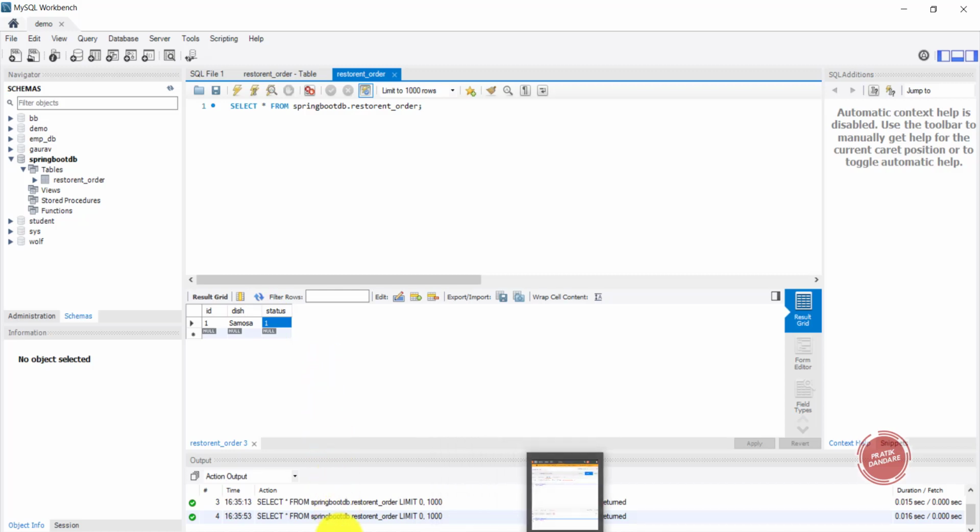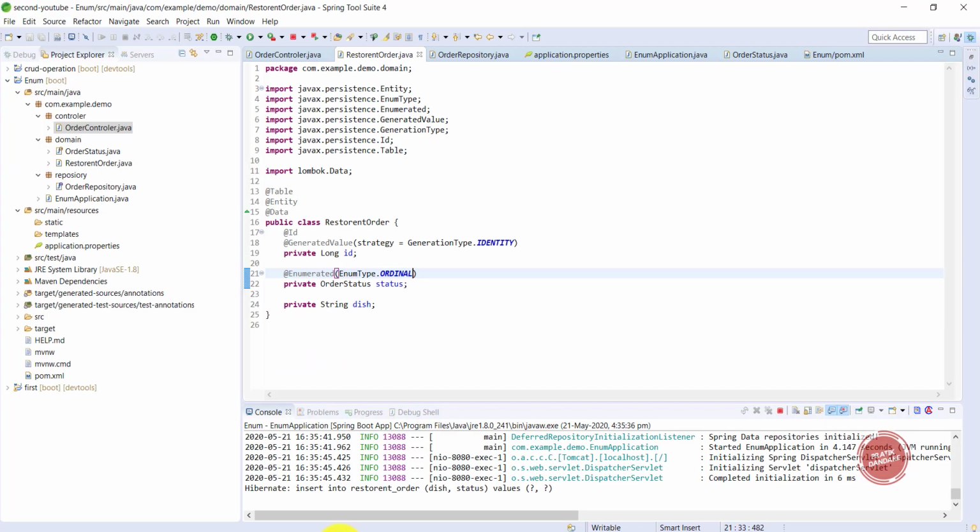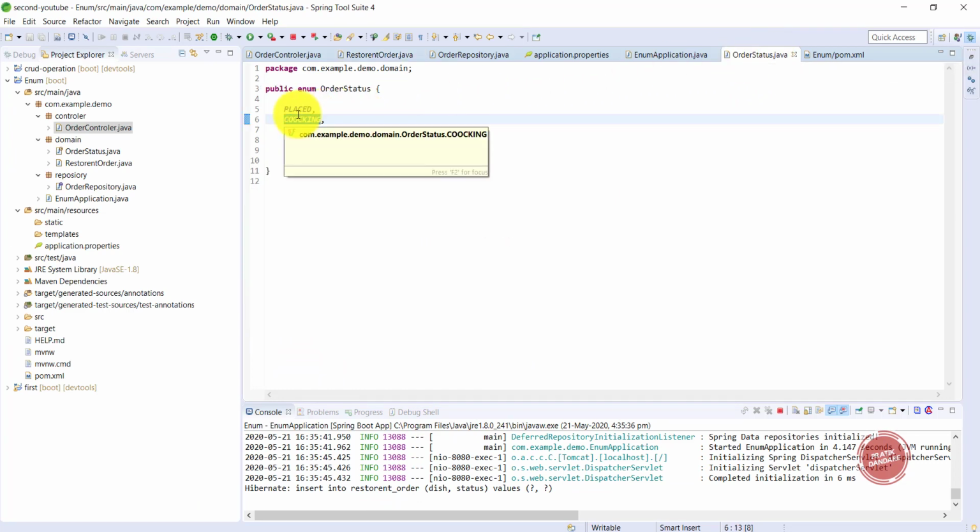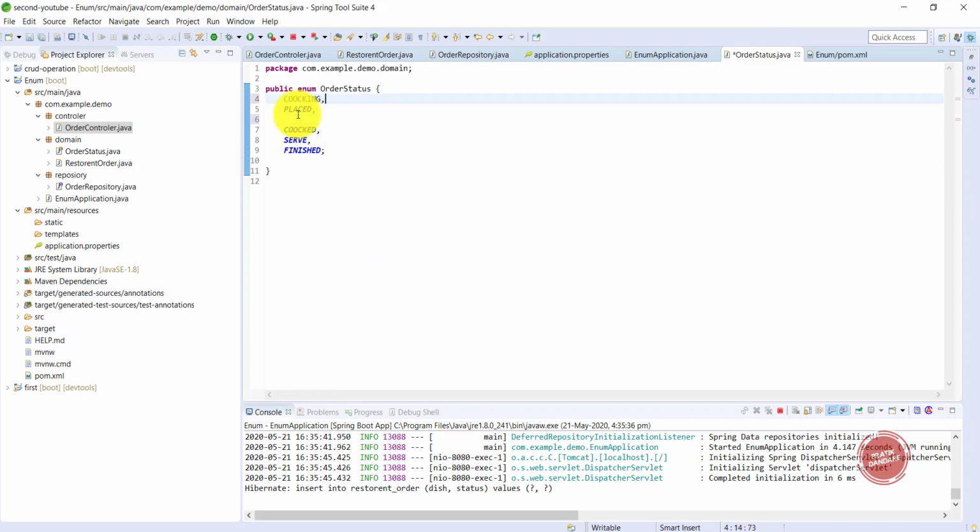For example, in future, suppose there is a new developer who wants to modify this enum, so instead of this he just cuts it from here and puts it here. In this scenario your order is changed. So using enum type equal to ordinal is a really bad practice. That's what I want to say. Okay, thanks for watching.